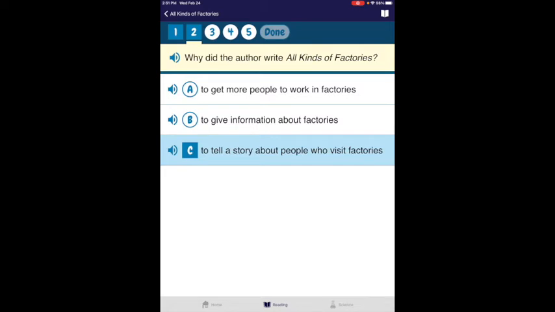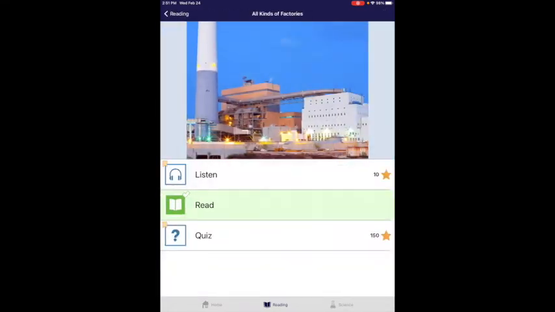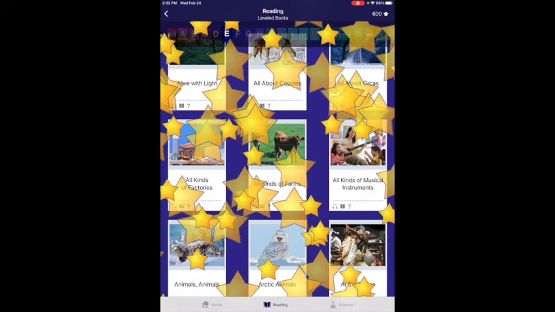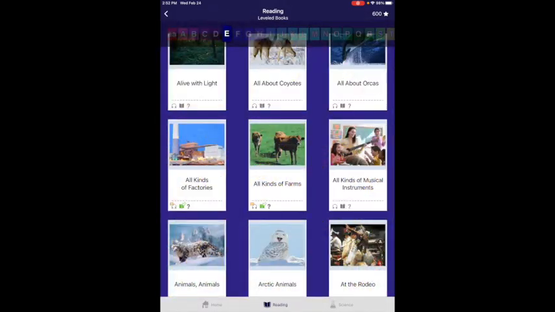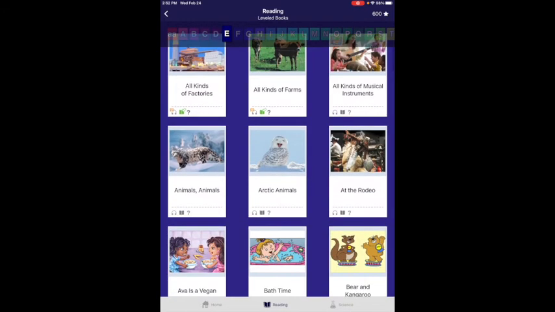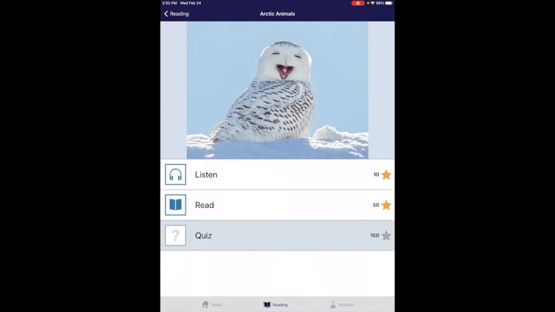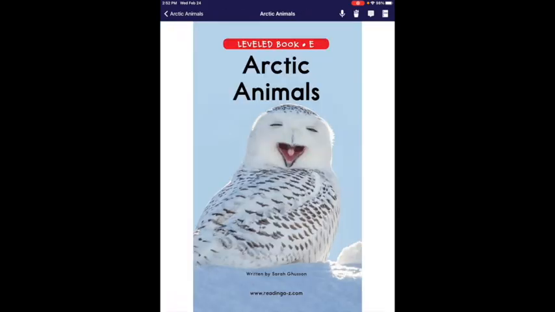Okay, when you're done, if you get the 150 points, they can spend that back at the home screen. If they earn enough points, it will move them automatically from level E to level F, and it will get tougher. Now, you should be aware that sometimes kids try to go through this really fast. That